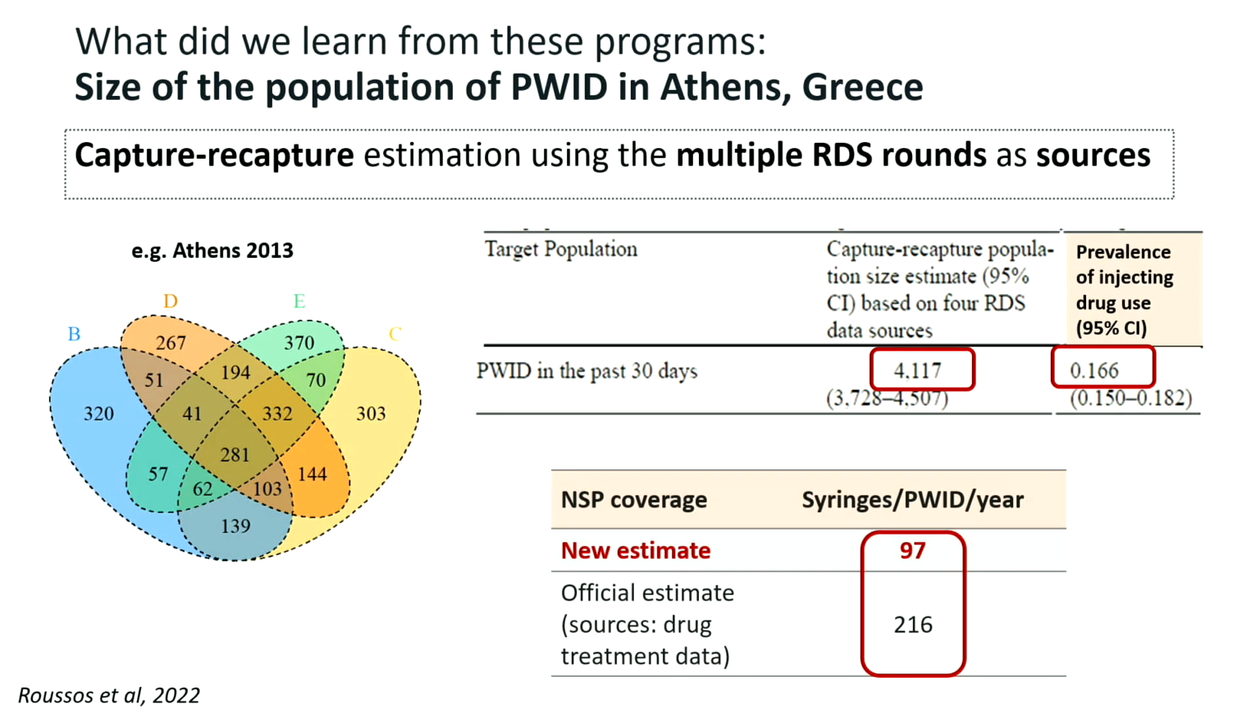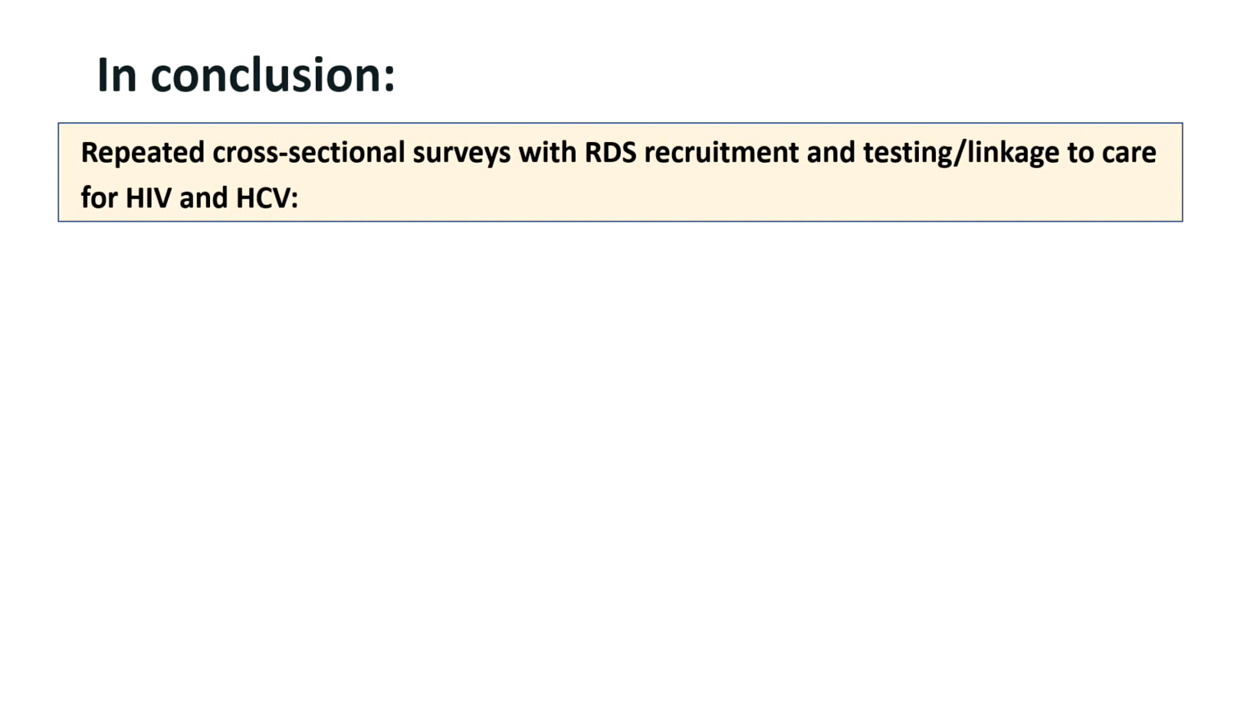We thought, based on the official estimate of the population size, that our NSP coverage was good. It was around 200 syringes per person per year, but with this revised estimate, this becomes 97, which is surely inadequate. So in conclusion, these repeated cross-sectional surveys with RDS recruitment and testing and linkage to care were originally implemented